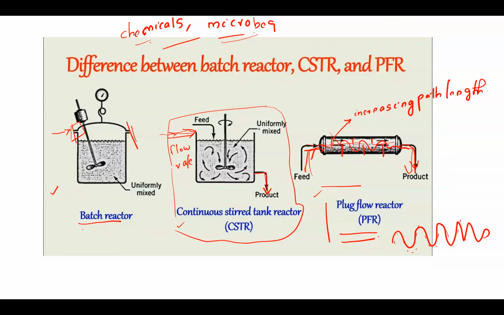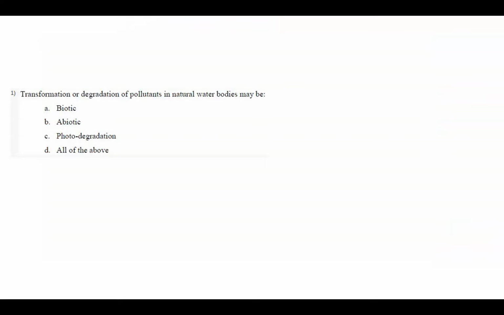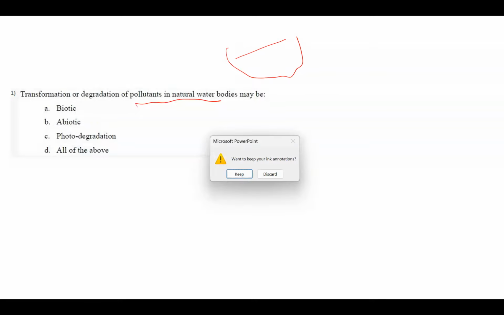Okay. So now, first question: transformation or degradation of pollutants in a natural water body may be due to, four options are given: A, biotic; B, abiotic; C, photo degradation; D, all of the above. What is the answer for this? Transformation or degradation of pollutants in natural water bodies. So if there is a natural water body, so water is there and